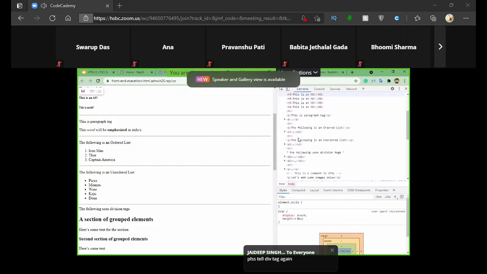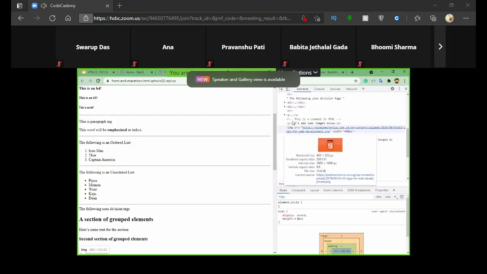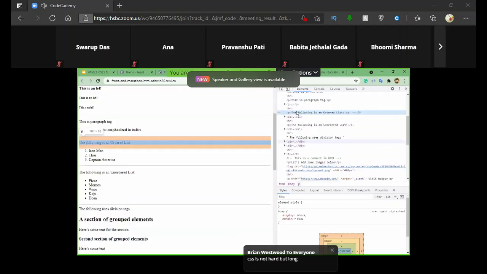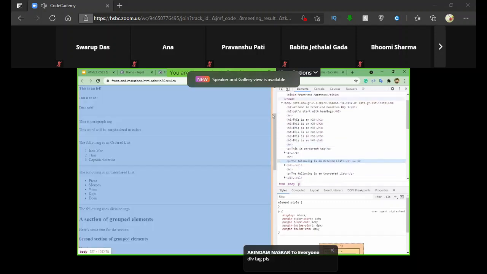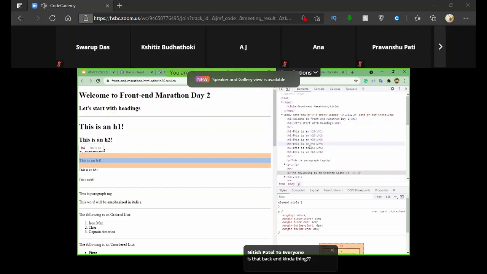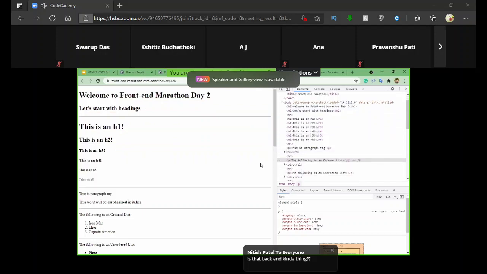Google Chrome provides us with this developer option so that we can highlight and check our elements and tags over here. See, we have the first heading, second heading, followed by the other headings, right?